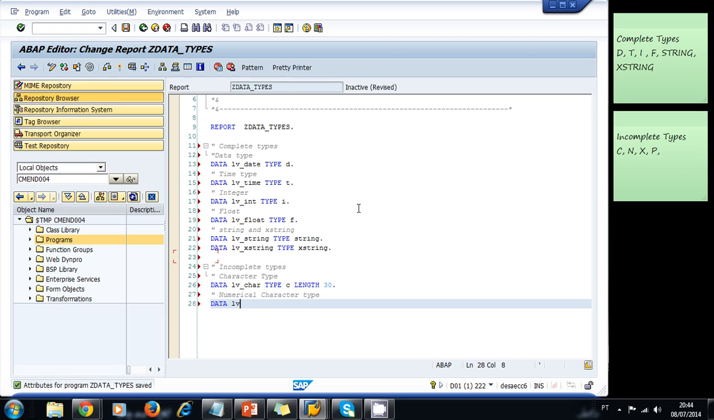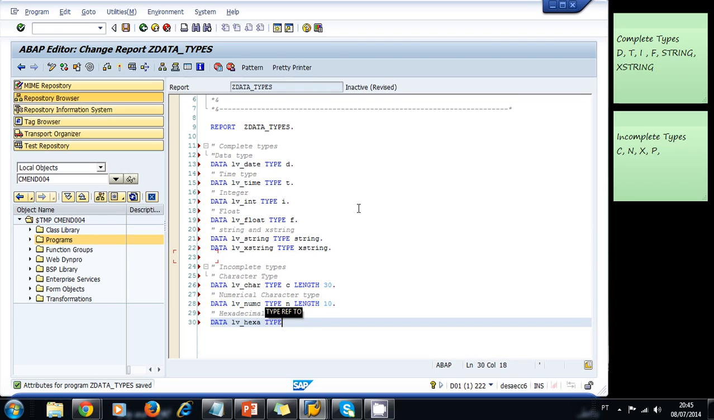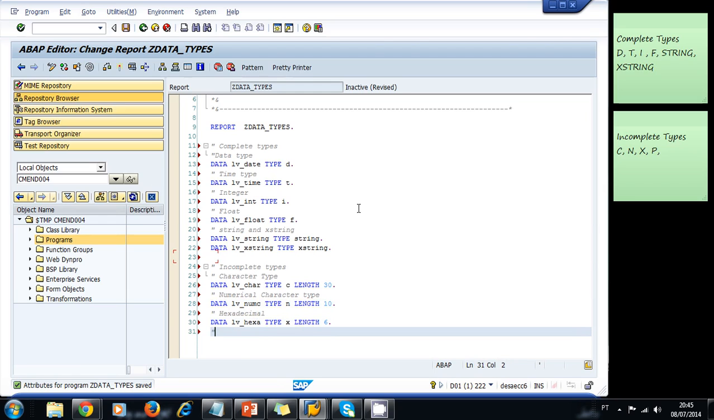That will be num_c, type n, and we specify the length. Let's specify a 10 length. We have the hexadecimal, type x, length 6, and we have the pack number,